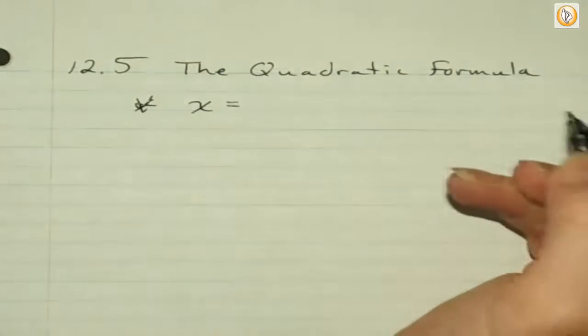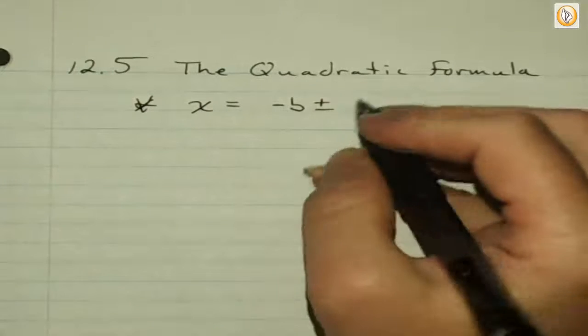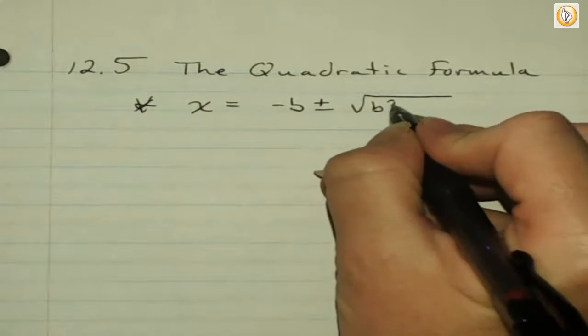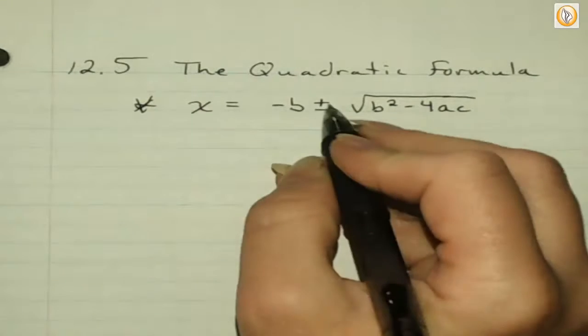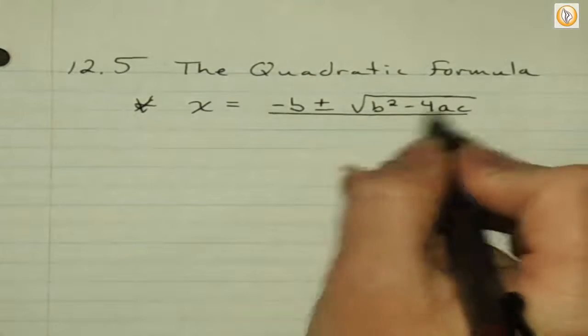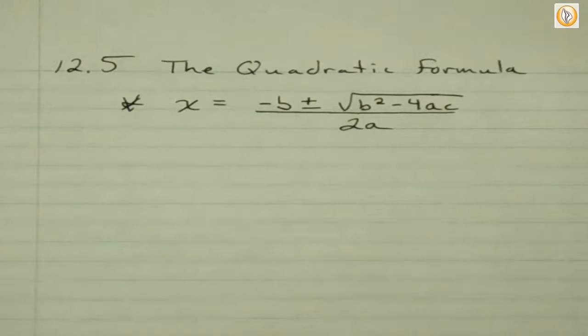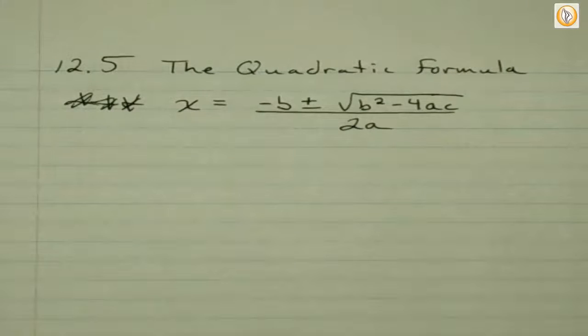X equals negative b plus or minus the square root of b squared minus 4ac all over 2a. There you go. There's the end part. Oh, wow. Cute. My students, I'm going to put 2 stars there. 3 stars. My students